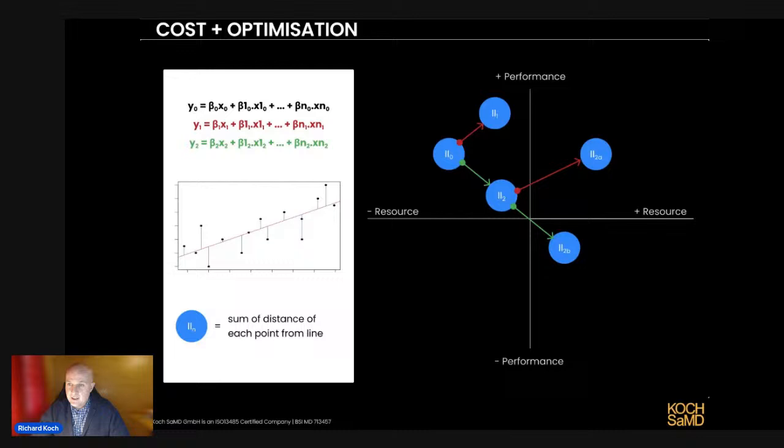So maybe what the AI does then is says, okay, we're going to move down, we're going to move up. So you can see here we're moving up and down from the point, and then we get here, we do exactly the same iteration. We take whatever our optimization formula is, and we say, okay, well, this one is actually closer than this one, so we're not going to investigate that one any further. But guess what?